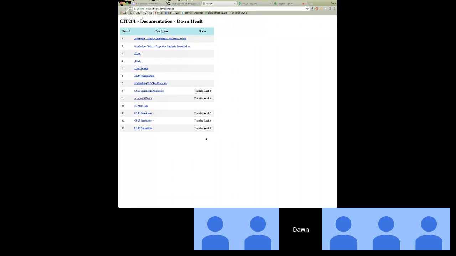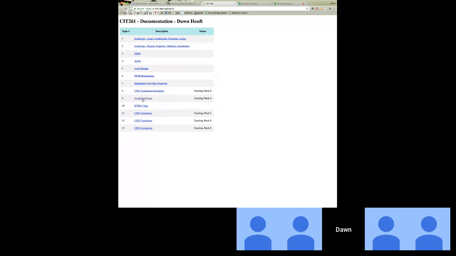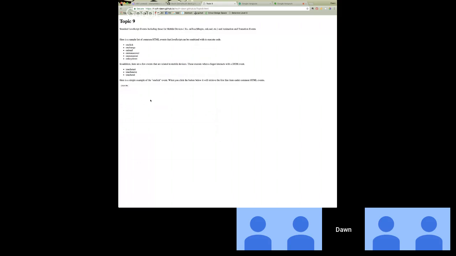Okay, so this is just my main table, and I have topic 9, the JavaScript events. And events are just super basic. I feel like we all have an idea of what they are, but there's basic HTML events that we can add JavaScript to so that we can execute some code. So like you can have, when you click on a button, it activates some kind of function, or when you load your page, or there's a few examples on here when you mouse over something or